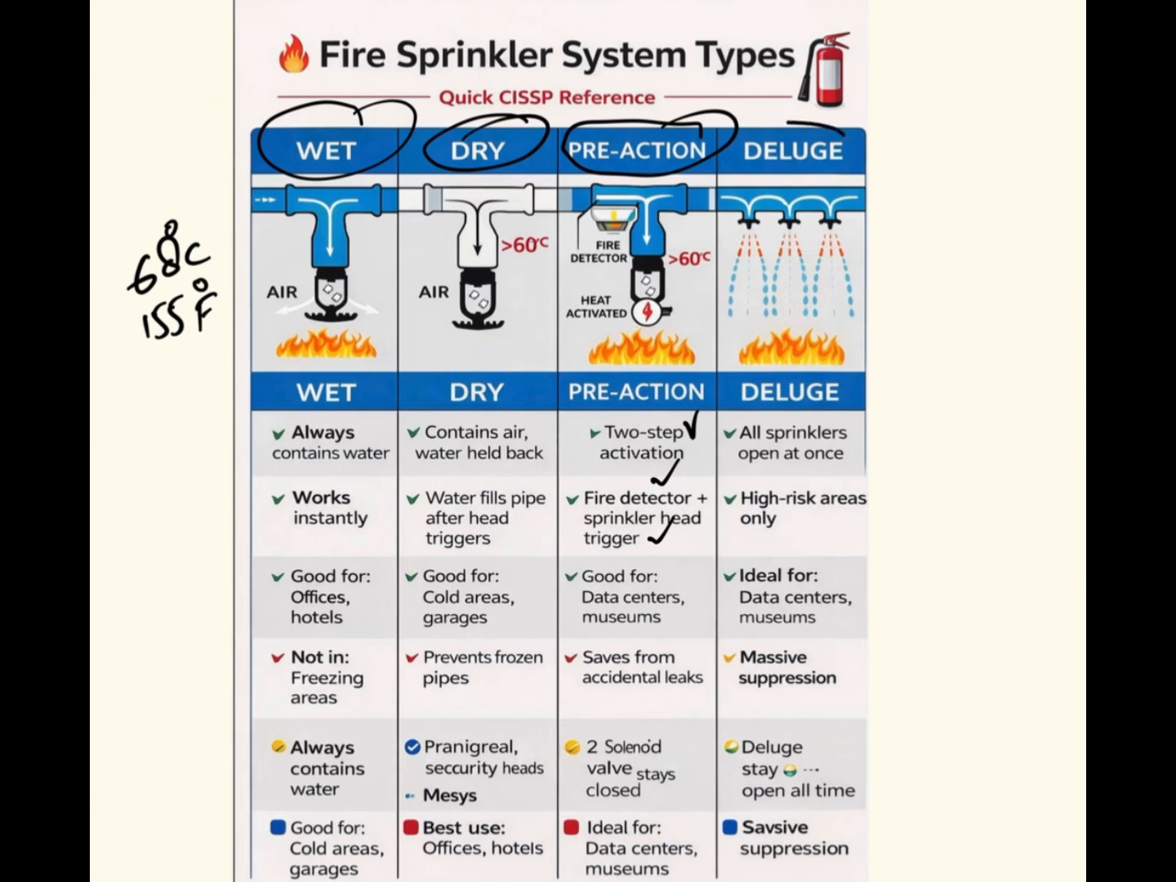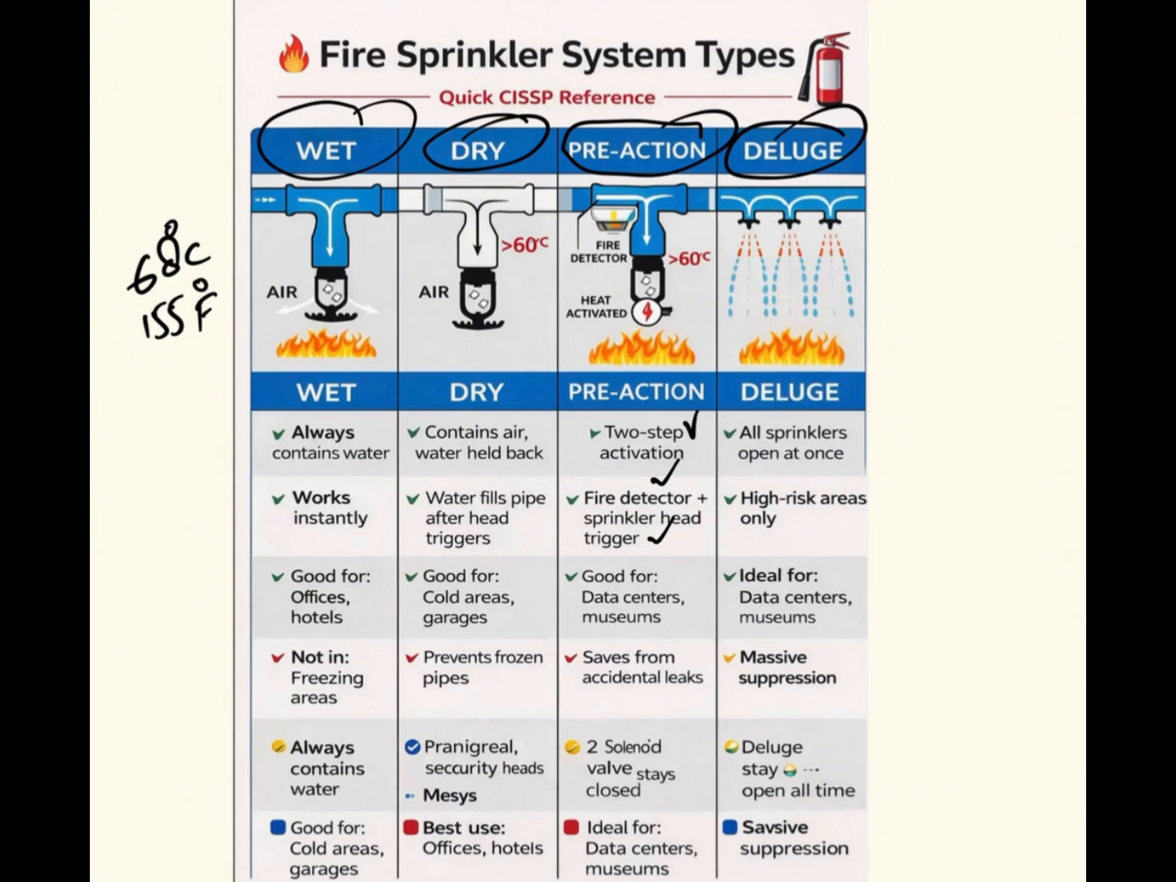The last one is the deluge sprinkler. So sprinkler heads are always open. The fire detection system opens, and all sprinklers discharge at once. Fastest fire suppression. Very low false negative. Extremely high false positive damage. Massive water release. Aircraft hangars,